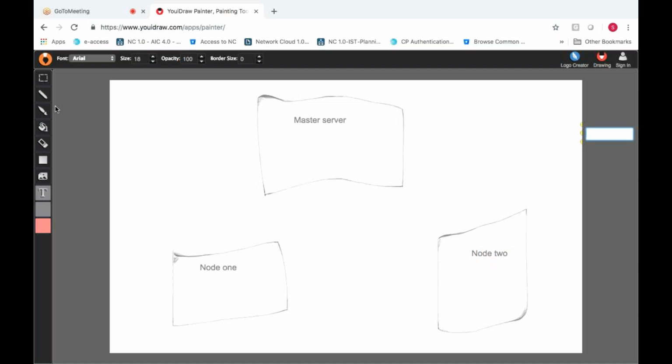All these nodes are connected on the same network.